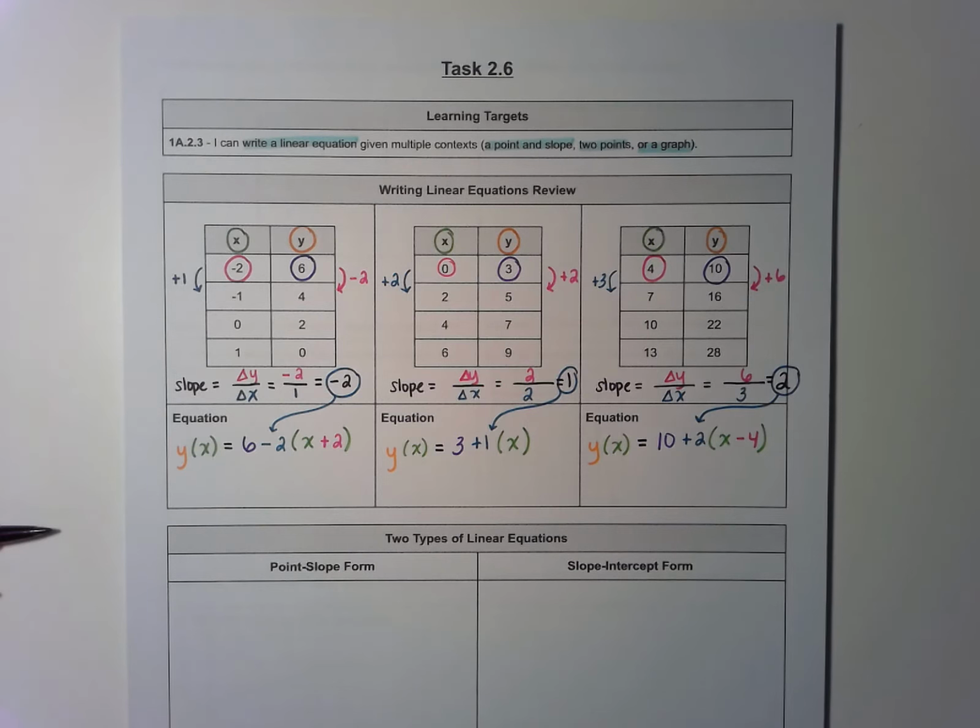Okay. Hopefully, other than the fact that we have to find the slope here, this looks very similar to what you remember doing from Module 1. Now, what we're going to do next is talk about the two different ways that our equations looked. So what you'll notice is that in this equation right here,